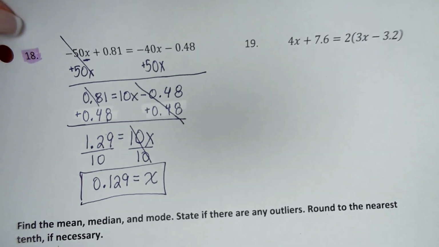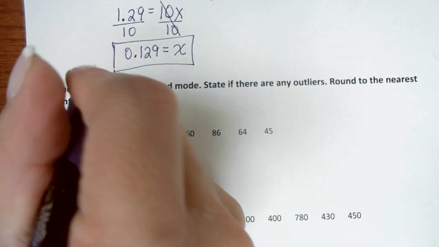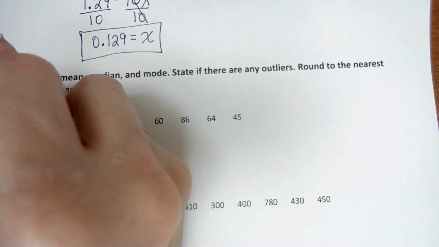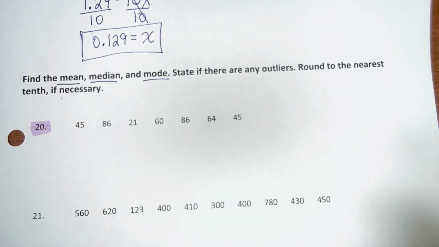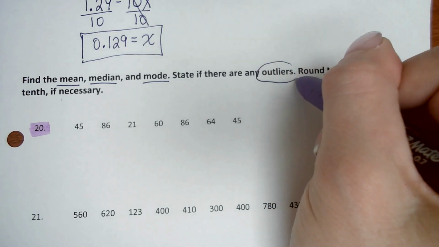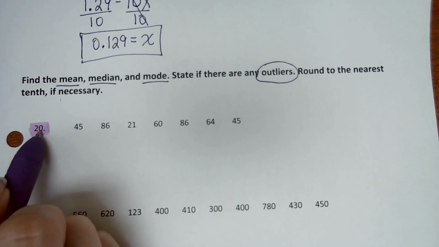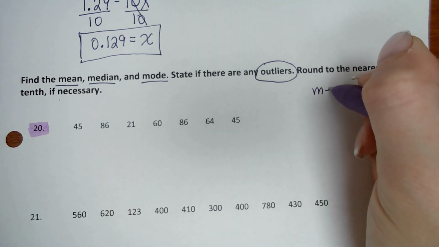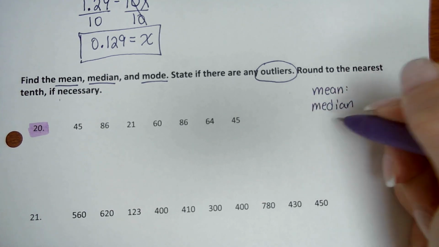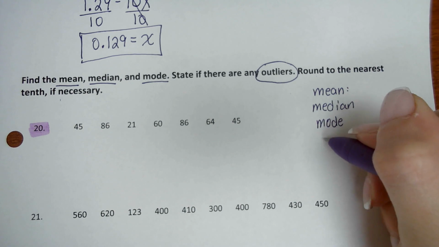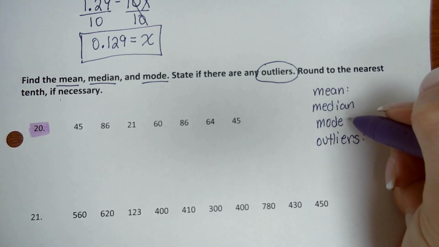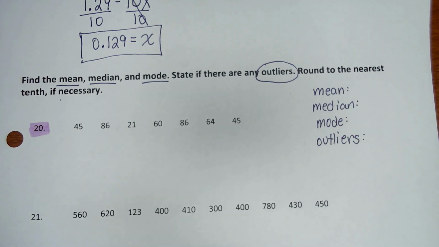Now the last question type you will see is our measures of central tendency, and those are mean, median, and mode. The question also directs us to state if there are any outliers. So we're going to do number 20, and we're looking for the mean, median, mode, and any outliers. Now, to answer these questions, the first thing I want to do is put my numbers